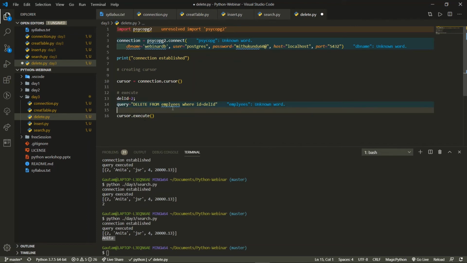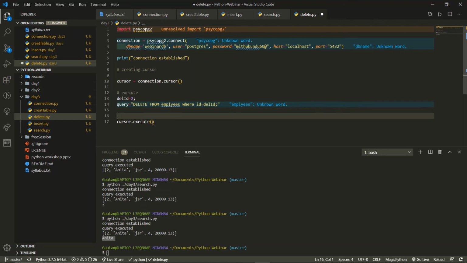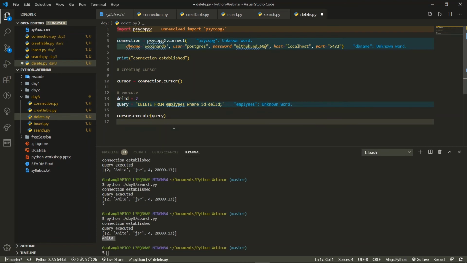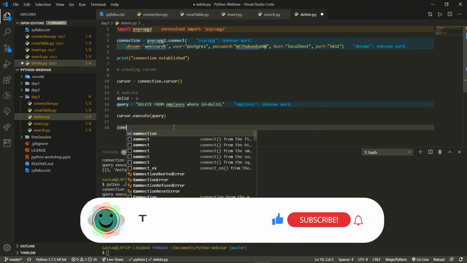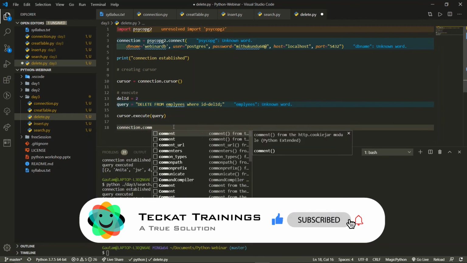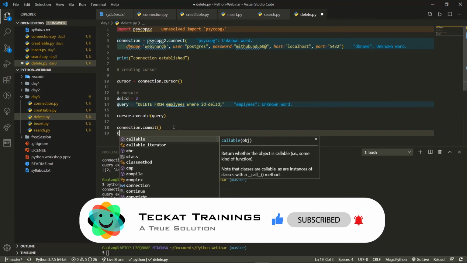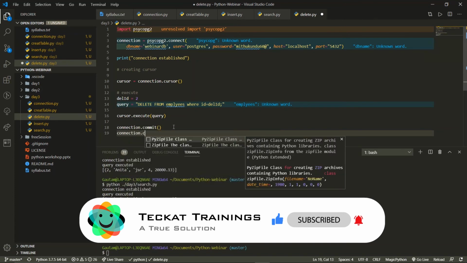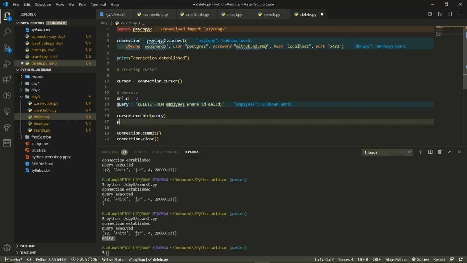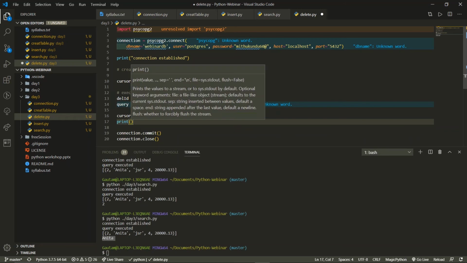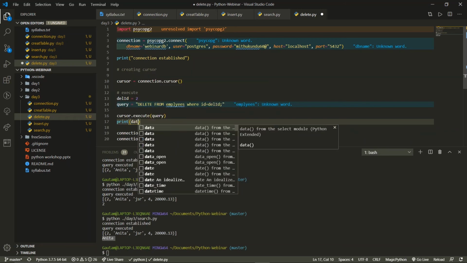So if you want to check it, we can terminate this over here, and then we can write query, and over here we'll commit this, connection dot commit, and we'll write connection dot close, and we can print a statement over here: print data deleted successfully.